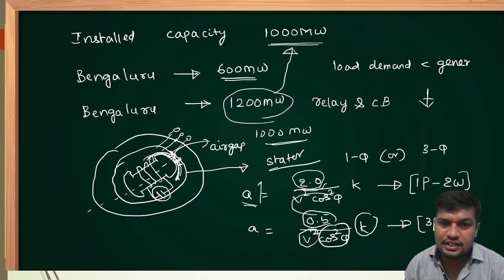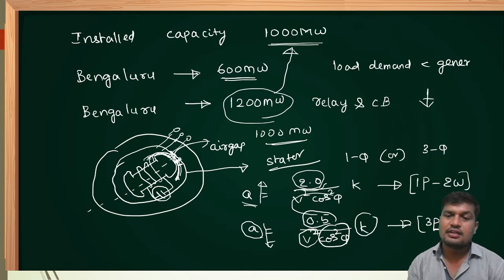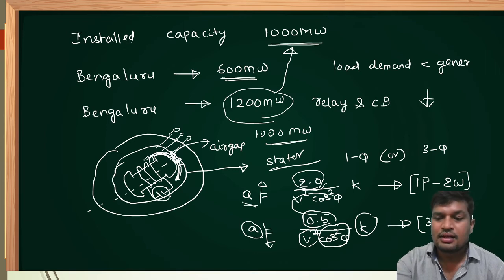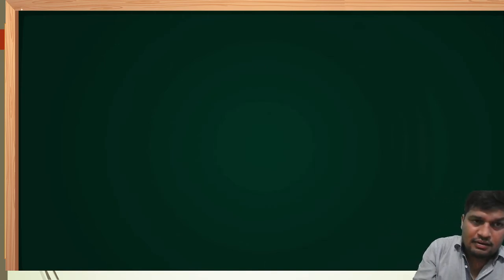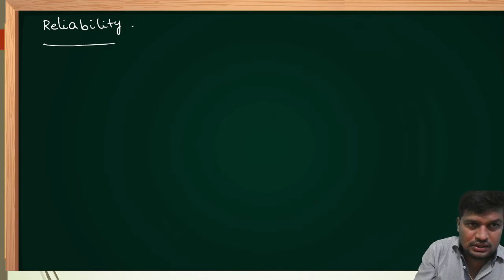Area of cross section of winding is more in case of single phase 2 wire, but area of cross section of winding is less in case of three phase 3 wire. Whenever area of cross section of winding is less, automatically cost of the conductor is also minimized, which is more economical. Therefore, we can generate three phase power instead of single phase power. When we go for three phase power, the first advantage is that reliability of power generation is increased compared to single phase.